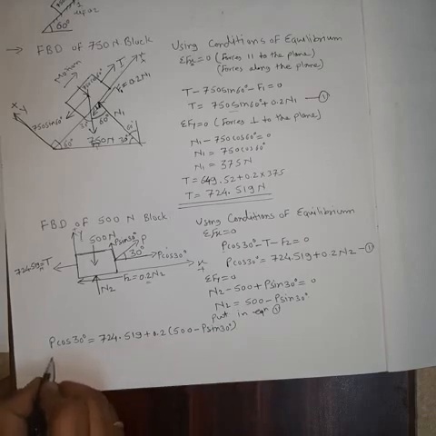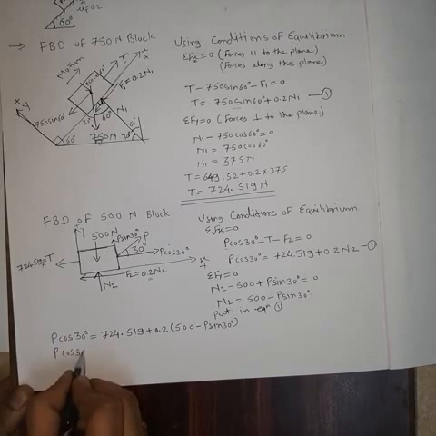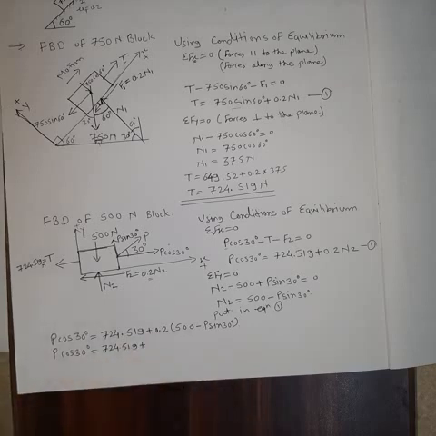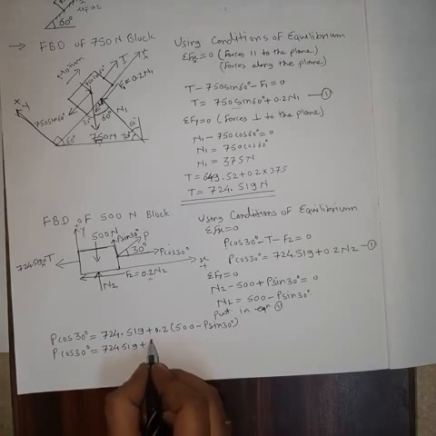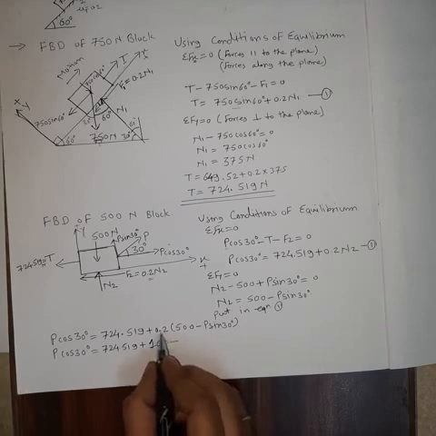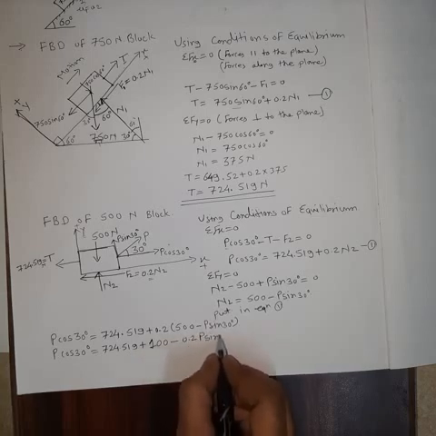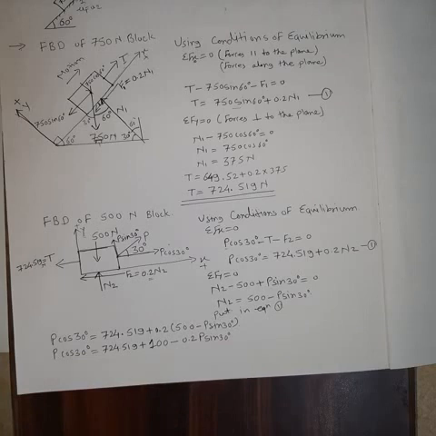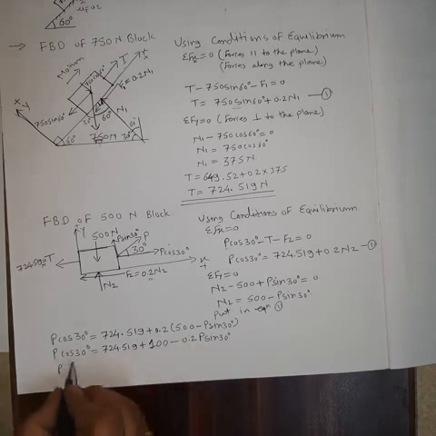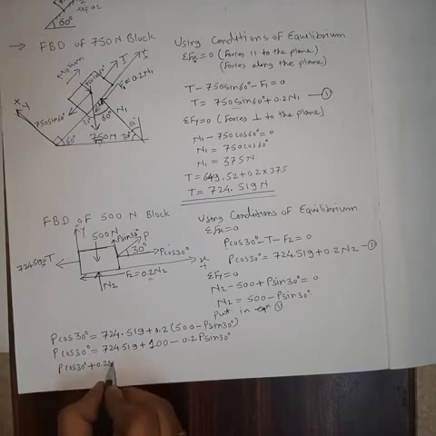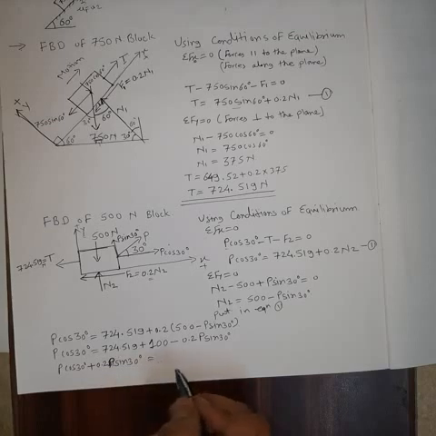Solving, P cos 30 degrees is equal to 724.519 plus, 0.2 times 500, that will be 100, minus 0.2 times P sine 30 degree. Again, P we can take as common, so that will be P cos 30 degree plus 0.2 times P sine 30 degree is equal to